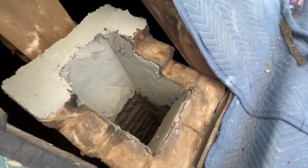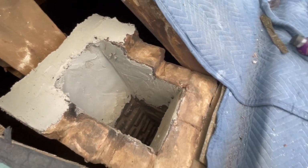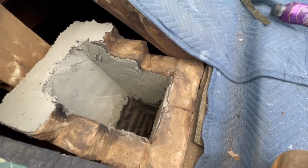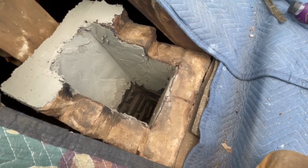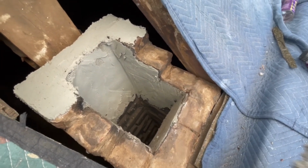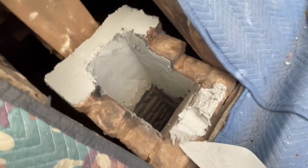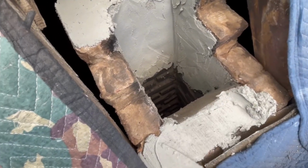You can't just take a trowel full and parge it on there and expect it to stay. And the same thing with this brick here. This brick is really dirty. I wire brushed it, I took a regular brush, but it's still really dirty. And yeah, I could just lay mud on there, and it would probably bond. But the best way to do it is to take this first course and just smear it on there,